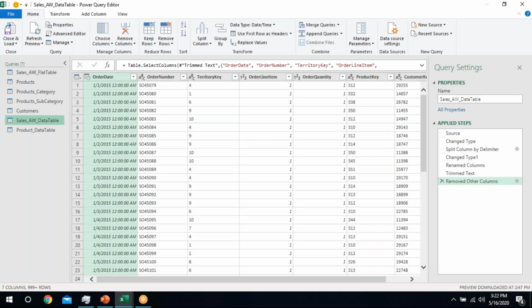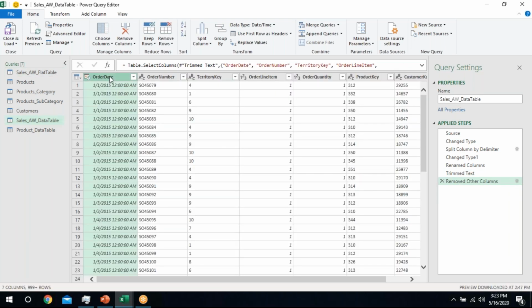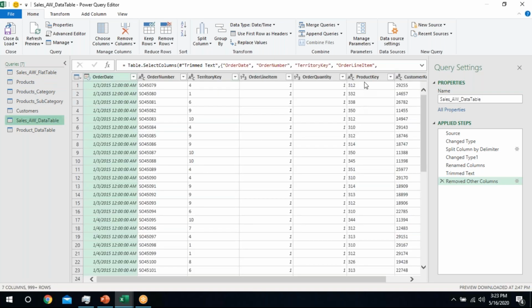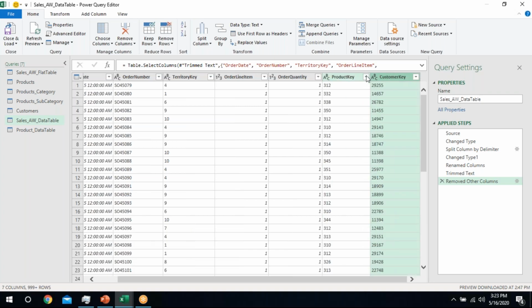And now I have designed this flat table as the data table, which contains order ID, order number, territory key, order line item, order quantity, product key, but no product information. Since this product key is associated with the product table, I have just used this product key in the product table as primary key and will be referring to it as foreign key in the sales AW data table.